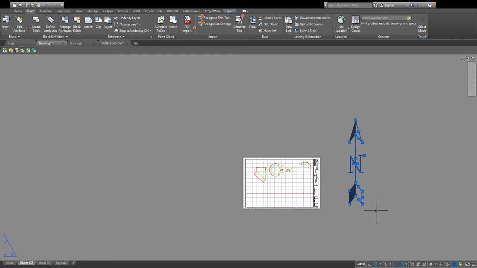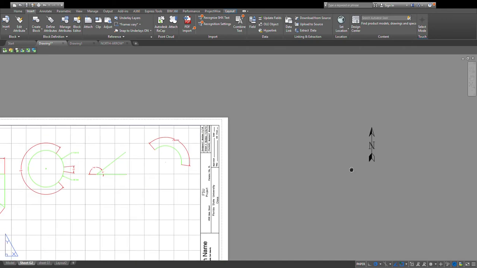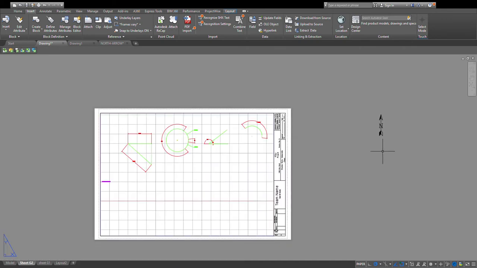Now I can scale this block. I'm going to try 1/10, which is kind of a normal scale for us. That's entirely appropriate. So I'm going to move it over to my printable area. Again, the outline is the printable area. So I'm going to highlight it, use the move command. You can use it on the ribbon as well. Pick the base point and